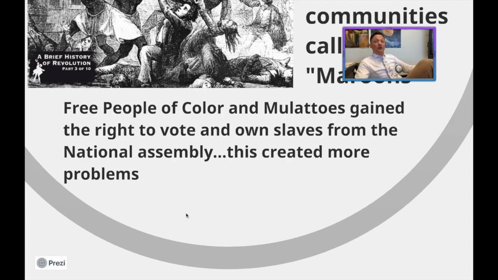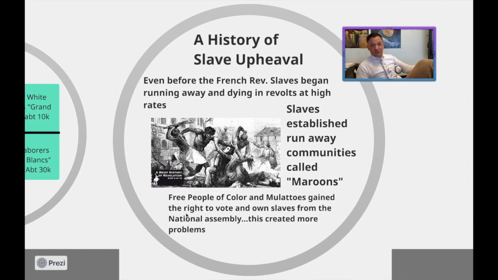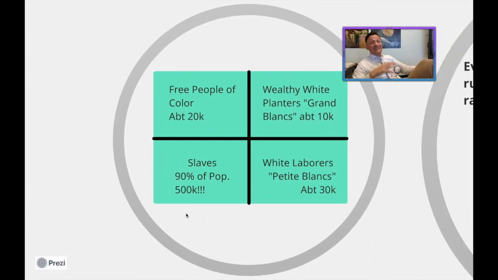The thing about it, though, is that they tried to take control of these slave revolts to gain themselves some more rights. And they actually did end up gaining some more rights to try and suppress some of these slave revolts as well. They're going to earn some rights to vote, and also their own right to own slaves as well. But this didn't actually fix anything, and it made more problems because it set up a social class system in Haiti, and a very fragile one at that.